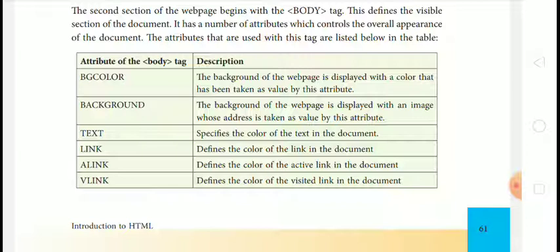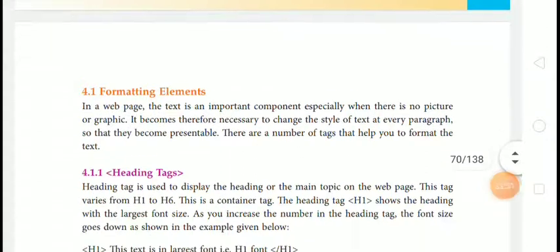After that, vlink defines the color of the visited link in the document.